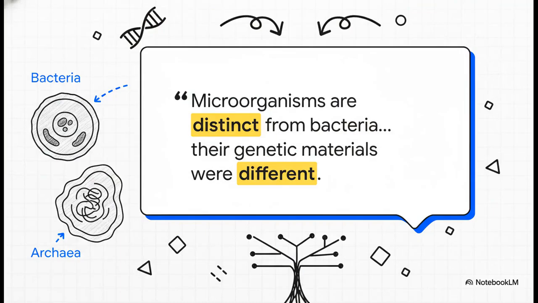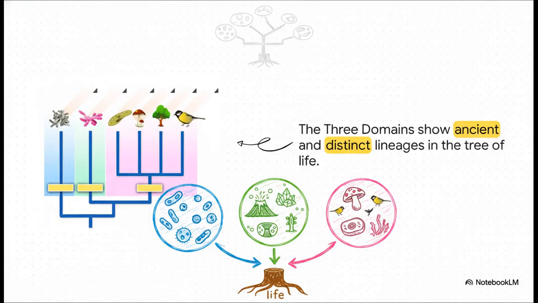So get this, he's studying what everyone just kind of lumped together as simple bacteria. But when he started analyzing their genetics, he discovered that some of these microbes were radically different. We're talking their cell walls, their membranes, their whole genetic instruction manual. It was all unique. It was a total game changer. His work basically showed that some of these tiny single-celled things were as different from bacteria as you and I are.